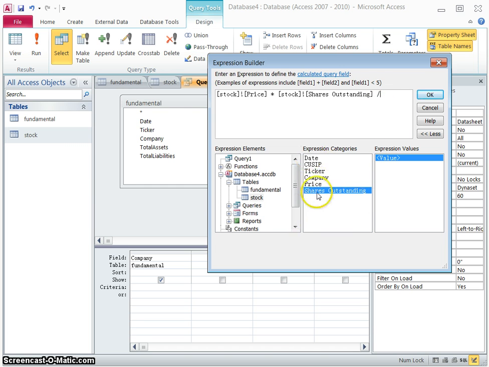Total asset is not in this table, so you go to the fundamental table and locate the total asset, and then double click on it. You will see the fundamental total asset appears in the text box. So that's it. That's how you calculate